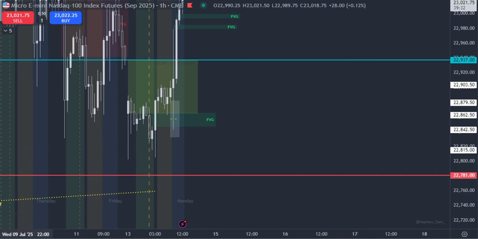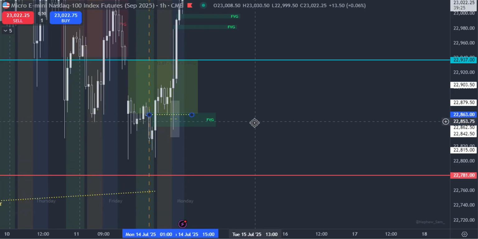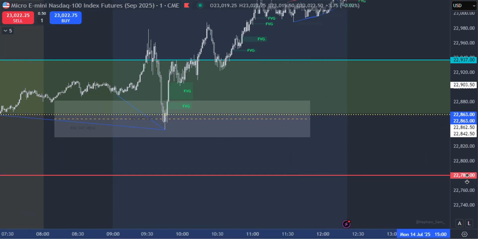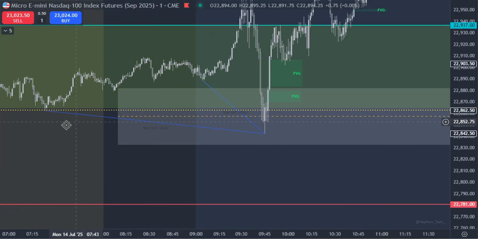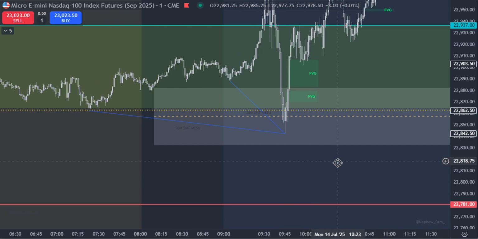All right, this is the order block with the hourly fair value gap. Let's zoom in now. So we know we already have SMT, right? Now, if we zoom in here,